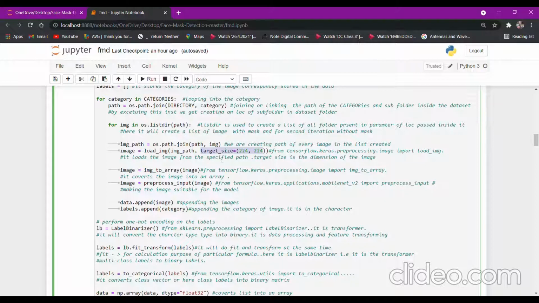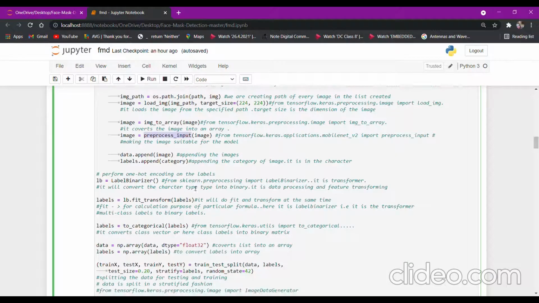We have to convert the image into numerical values. In order to do that, we are making use of the img_to_array function. We are passing the image which has been loaded into this function and storing it back into the variable image itself. The numerical values are not yet suitable for the model. Therefore, in order to make them suitable, we are passing them through preprocess_input, which makes them suitable for the model which we are going to use.